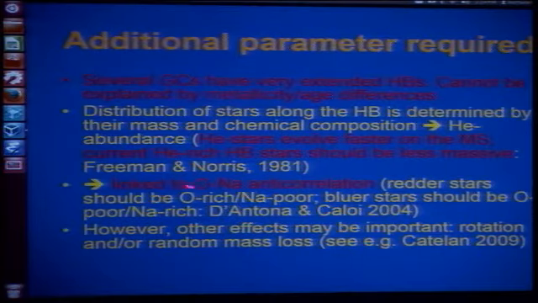It is clear that there is a link with the oxygen-sodium anticorrelation. The redder star should be the progeny of the oxygen-rich, sodium-poor star on the giant branch or the main sequence, and the bluer star should be oxygen-poor and sodium-rich. This does not exclude that there are other effects, a fourth, fifth parameter, but now we will fix on this third